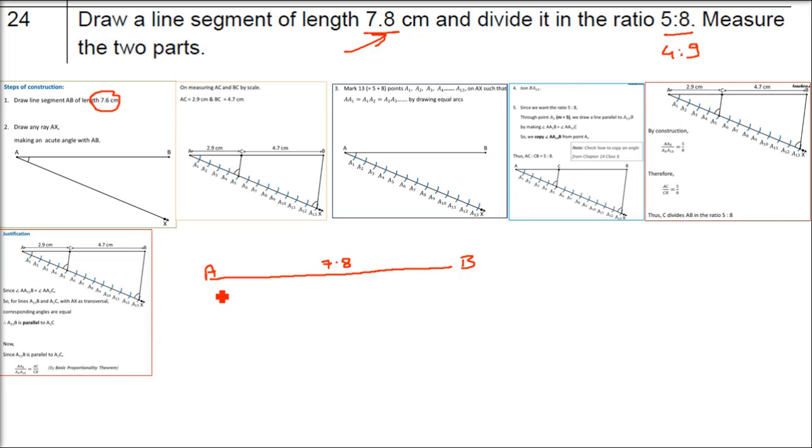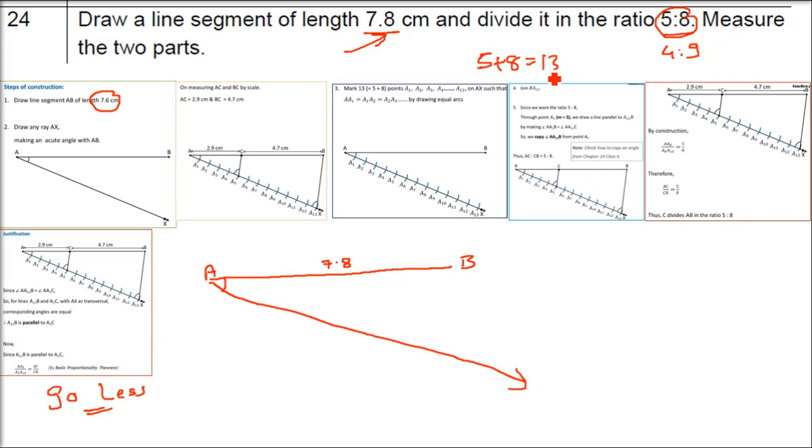Now make an acute angle. It can be 30 degree, 45 degree. It has to be less than 90 degree. In geometry box, whatever is there with you, just use it. You know what to use where. This has to be an angle less than 90 degrees. So any angle between 30 to 60 will do. Now 5:8. 5:8 means there will be 5 plus 8, 13 parts. AB has to be divided into 13 parts. So you have to use these 13 parts on this